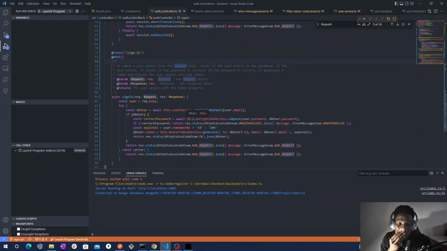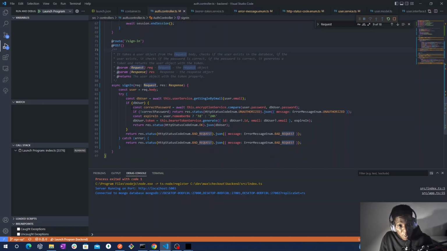So now we will... I think we need more. Yes. So now that we have the sign up done, we will just create a new endpoint also to update the password. So we'll have a new